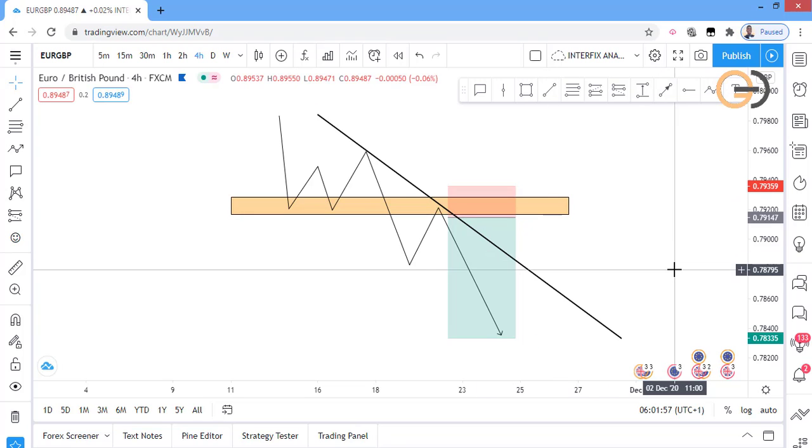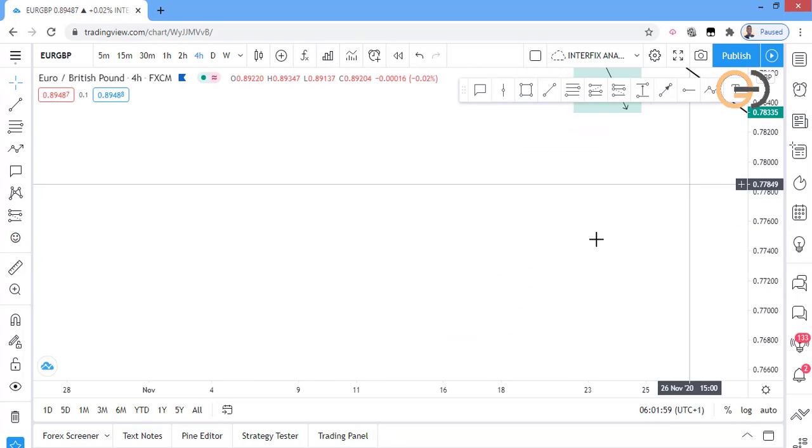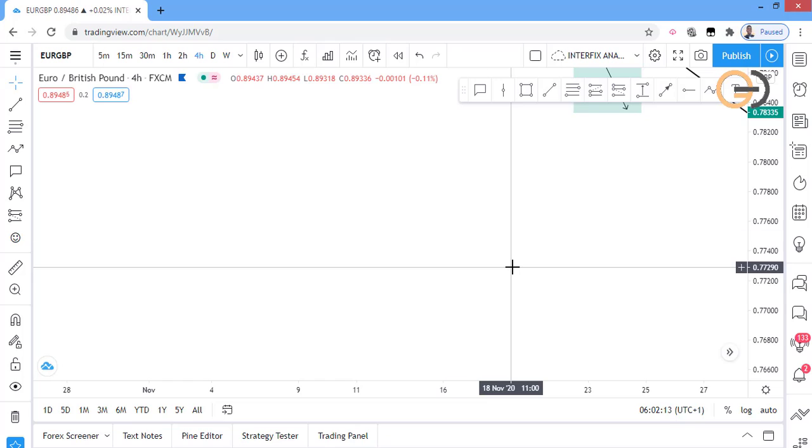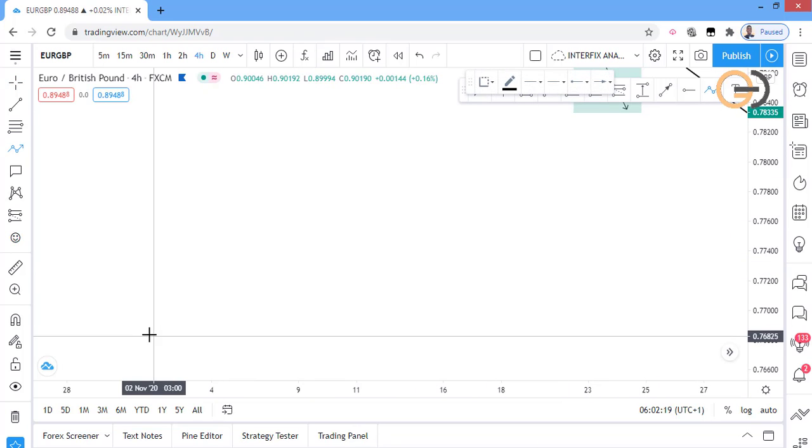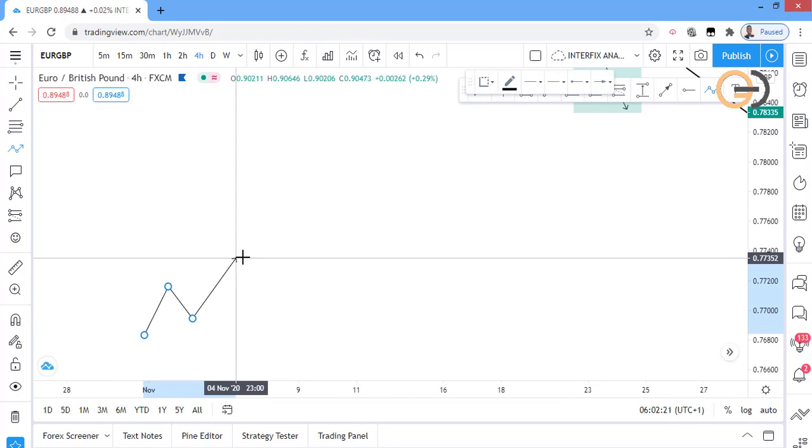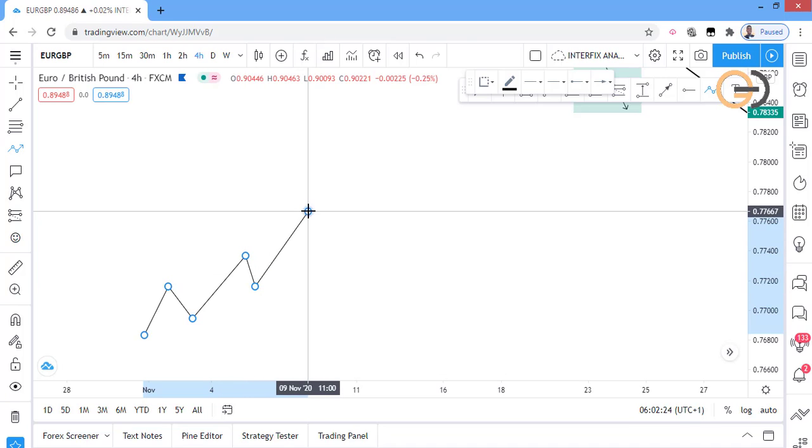Alright, so this is it. The last concept I want to talk about is when an uptrend... Now we want to talk about trading reversals. When the market is about to reverse, how do we do that? For example, we see clearly that the market is moving to the upside, creating higher highs and higher lows, and